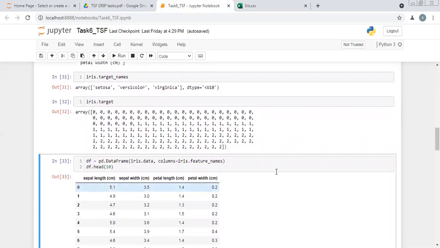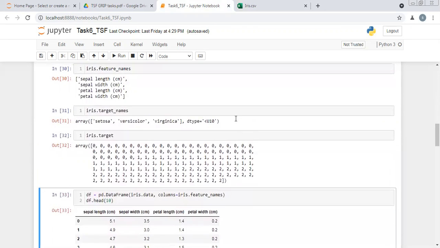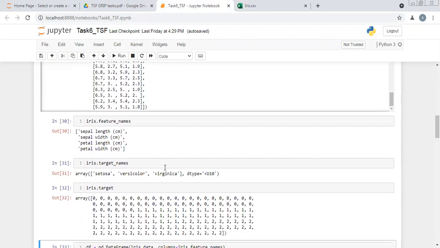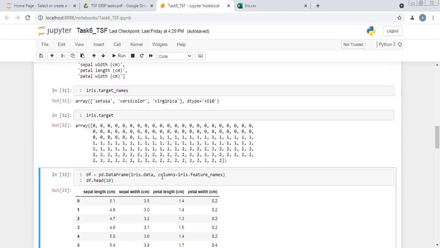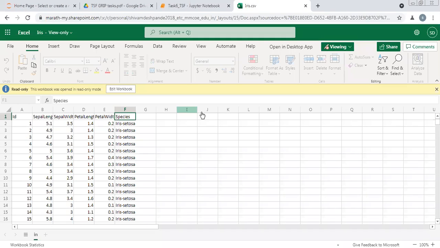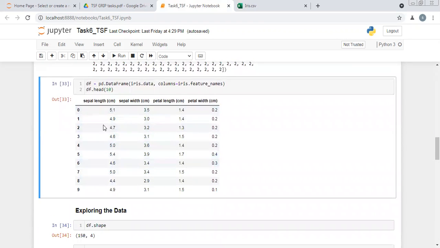Then finally, to view our data set, we are passing some parameters to the DataFrame. The first parameter is the rows. The rows will be all the numerical entries in iris.data. And talking about the columns, iris.feature_names will be all the columns. So these are all the columns, and these are the rows to create a data frame. The data frame you can also view here.